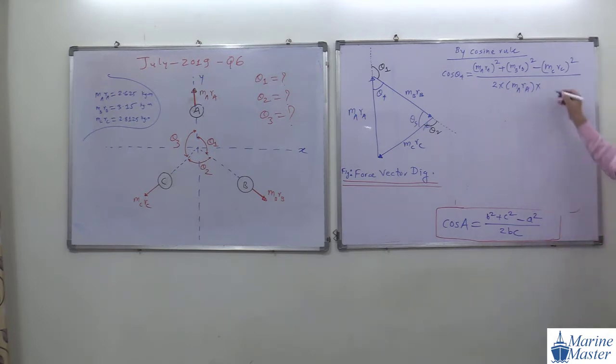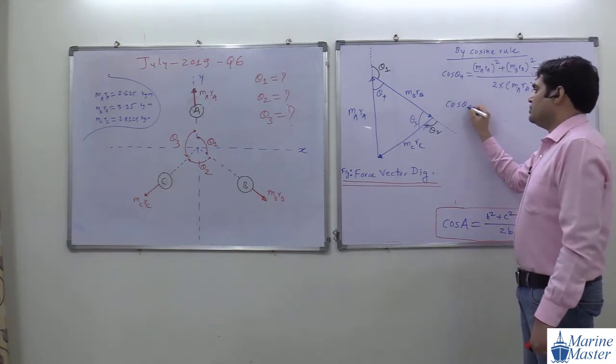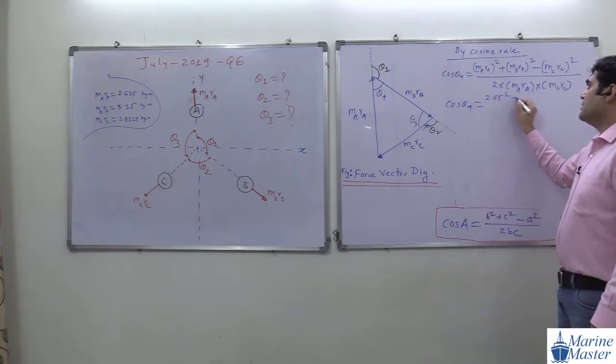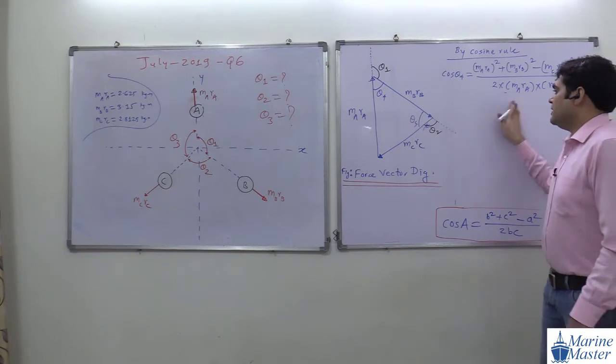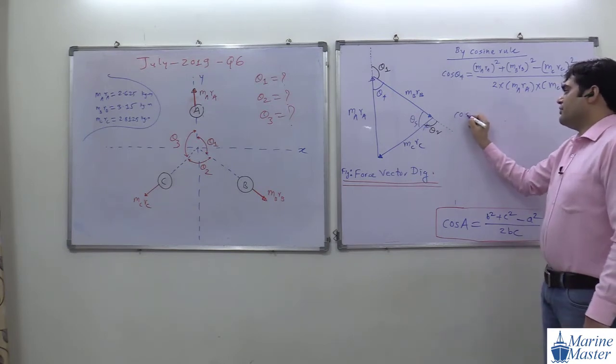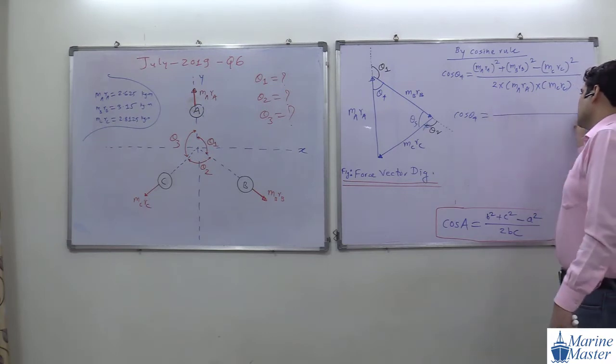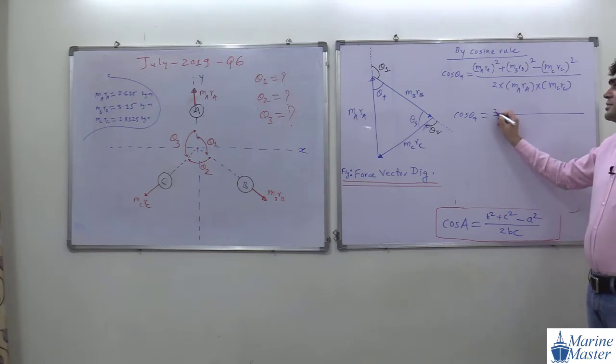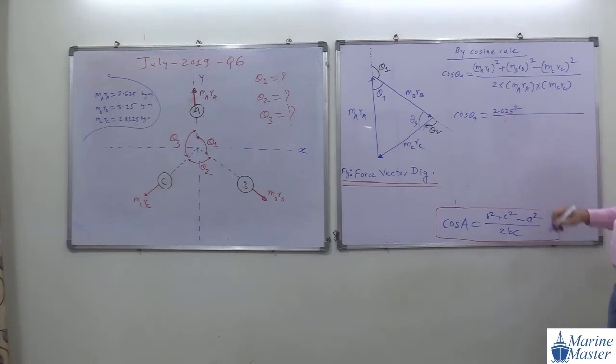MARA and MCRC. So cos theta 4 is equal to, so what is the value of MARA? MARA means what? 2.65 square. MBRB, okay, one minute, I am going to write it properly. So cos theta 4 is equal to what? Okay, MARA is how much? For my reference I have written there 2.625. Check it once again, I may be wrong. 2.625 plus MBRB is how much? 3.15 square. MCRC is what?